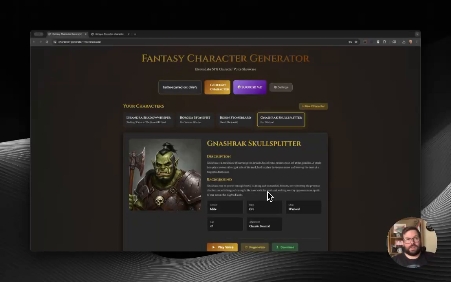It's on GitHub if you want to download it and try it yourself, or I've put it up on Vercel, so you can just run it, but you'll need API keys for Gemini and for ElevenLabs.